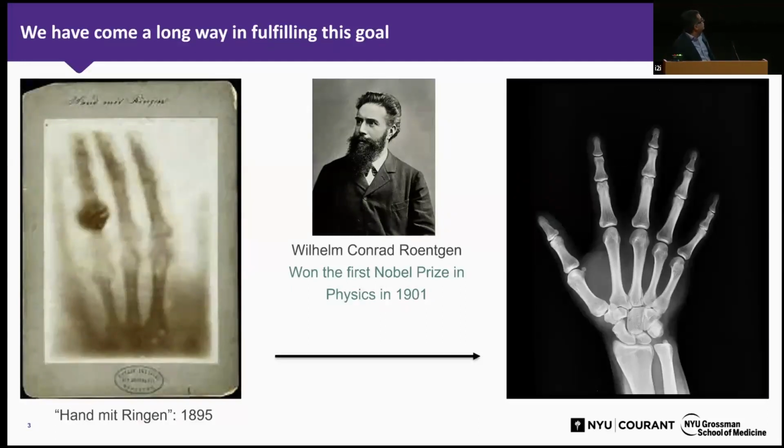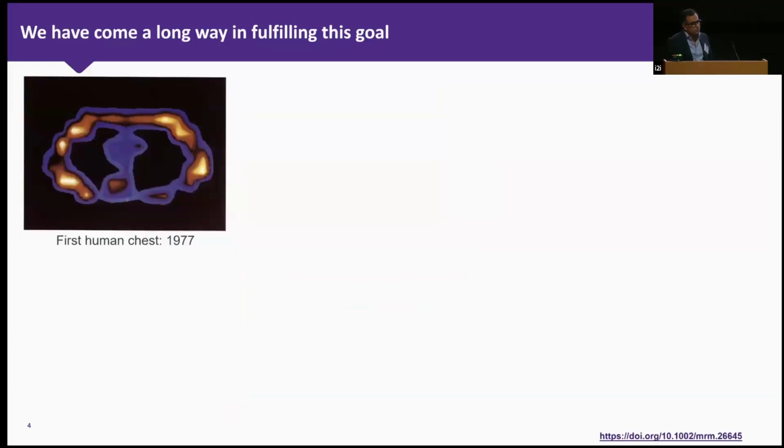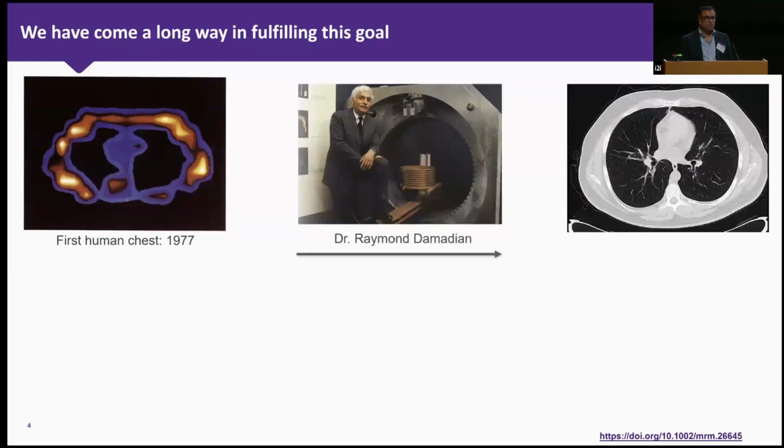Of course, a significant difference, and this blob over here is not an artifact; it's actually the wedding ring of this person's wife, who was courageous enough to put her hand inside an X-ray machine. And this is what the first MR image of a human chest looked like, acquired in '77. This is what a chest looks like right now, with fairly high resolution and a lot of soft tissue contrast, where you can see